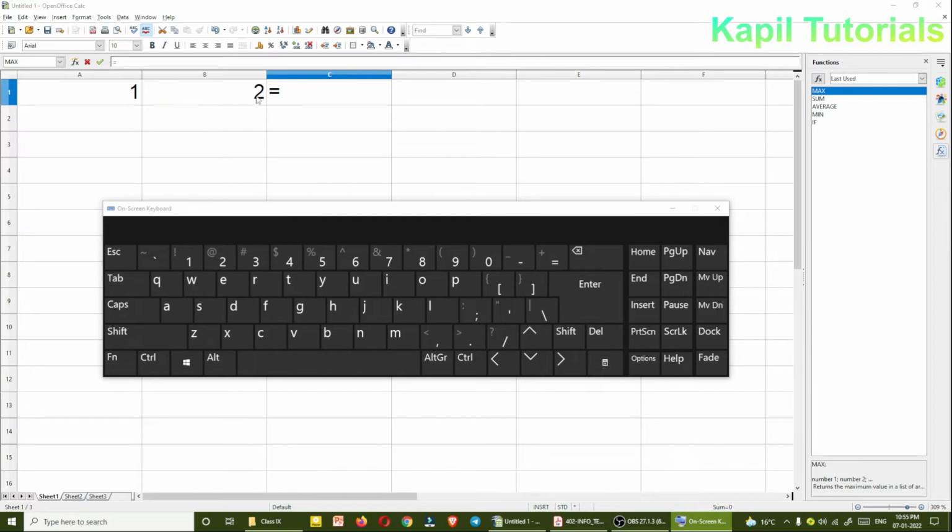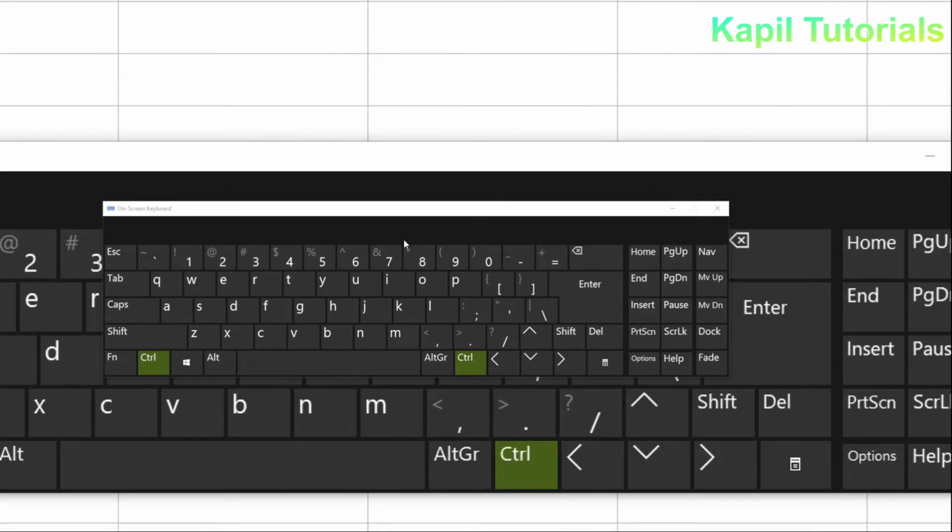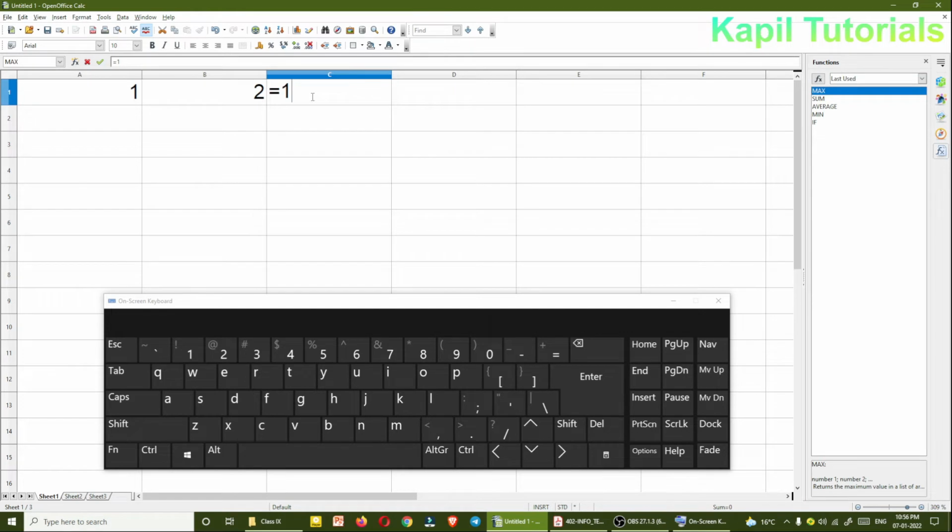Now if I want to multiply the two numbers, there are two methods. Suppose I am writing here 1. Now to put the multiplication sign, I have to use this star. I hope you could see this star. How to use this star? You have to press the shift key and then press this button. In that way you will get the star. And then suppose I type 2, and as I press the enter key, you could see 2 is coming.